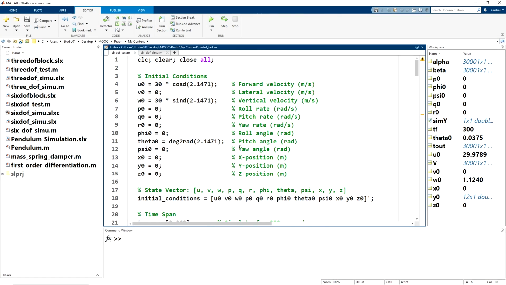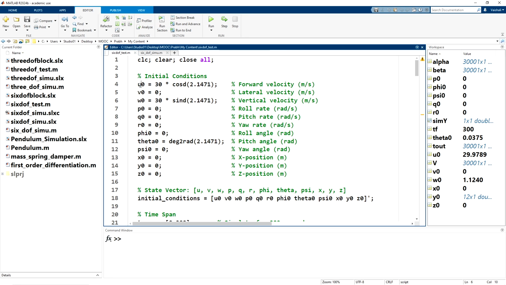So, welcome friends. In the last lecture, we have developed all the necessary tools which are required for running the 6-DOF aircraft equations of motion. So, without wasting any further time, let us quickly switch back to MATLAB. I have written the code already here. First, let us run the 6-DOF simulation directly in MATLAB.